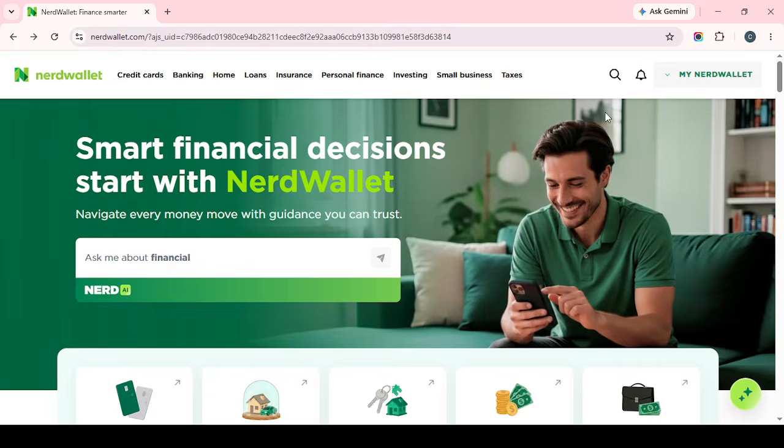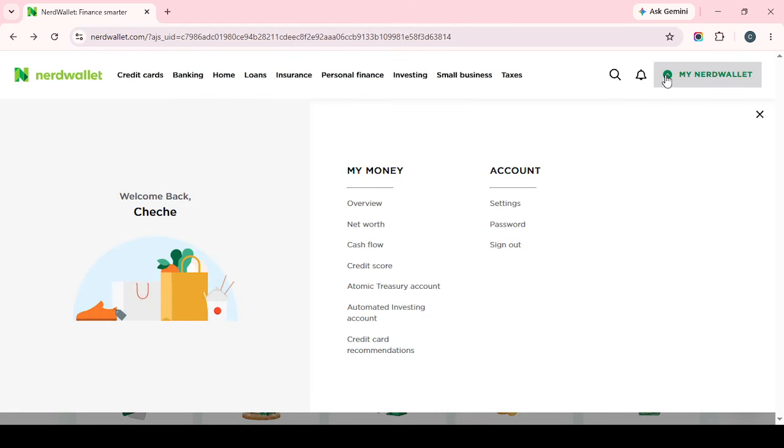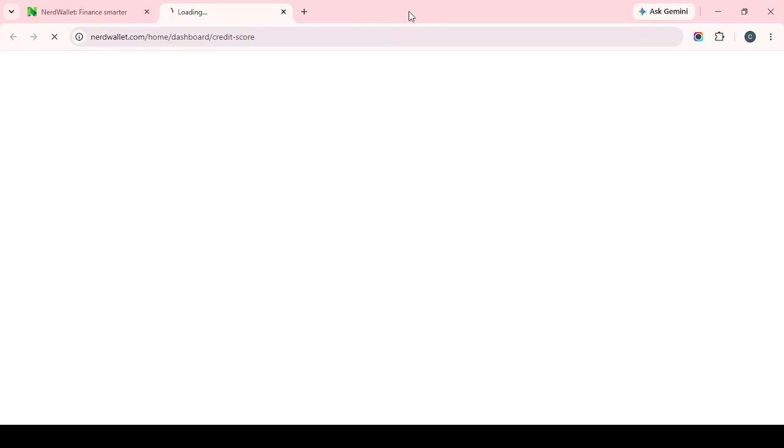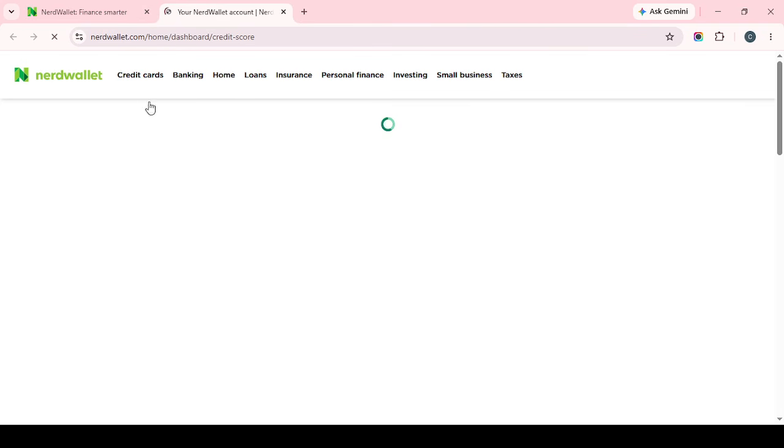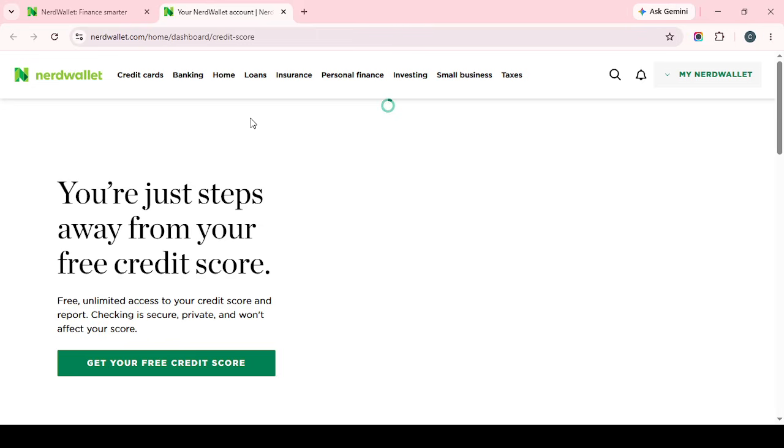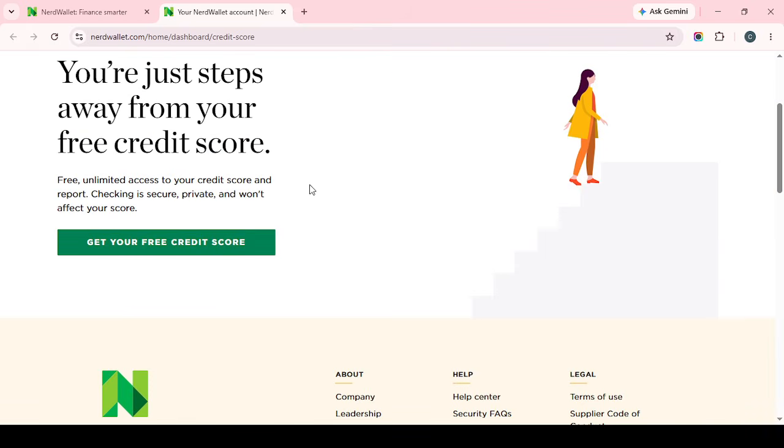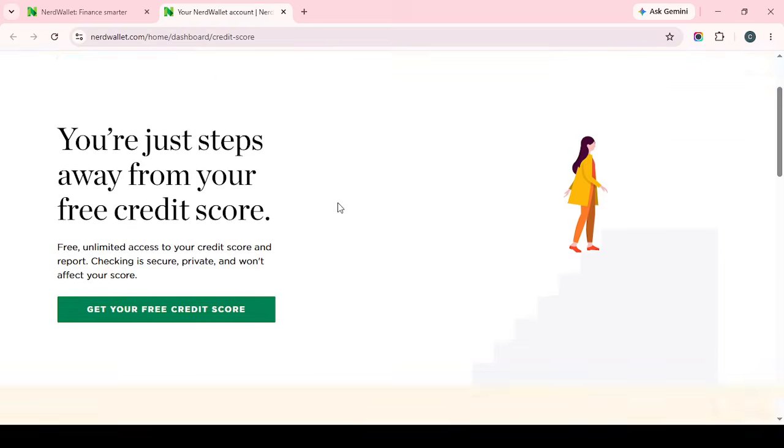Take your time on this page and review the information carefully. You're looking for any item that appears inaccurate or unfamiliar. This could be an account you don't recognize, information that was reported incorrectly, or a potentially fraudulent entry. It's a good idea to read each item closely so you can be sure you're selecting the correct one before moving forward. Once you've identified the incorrect item or fraudulent account entry, find the option labeled How to Dispute next